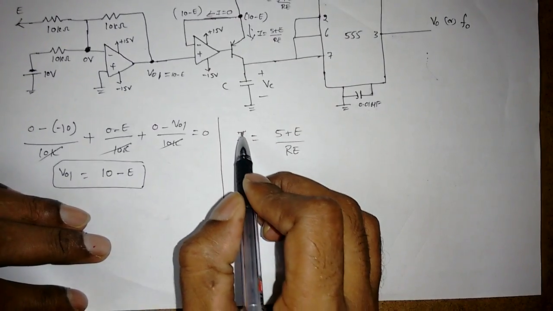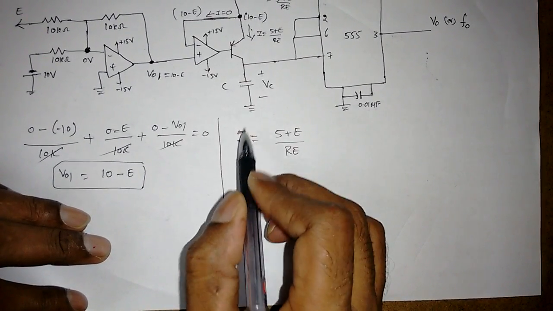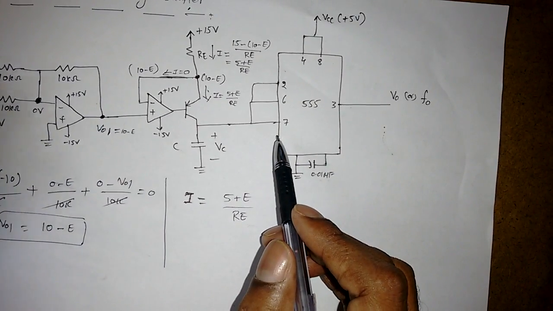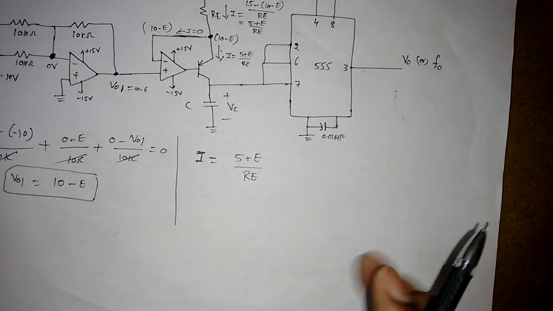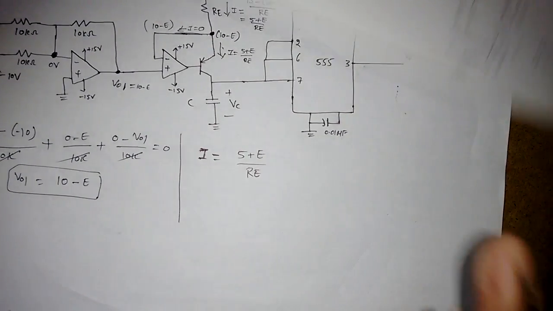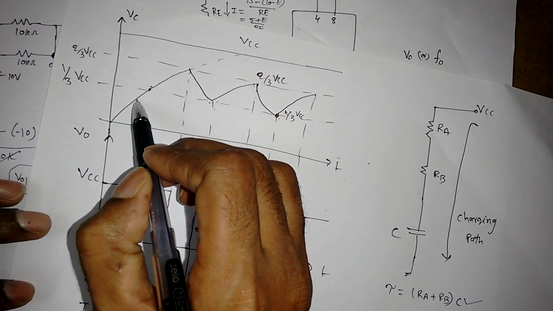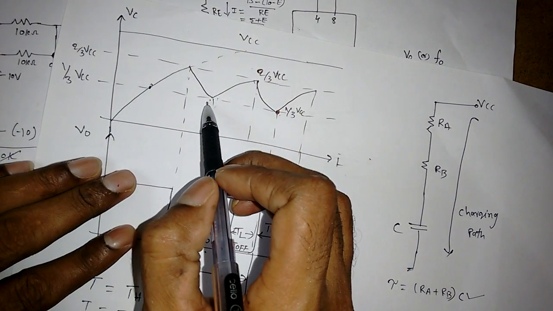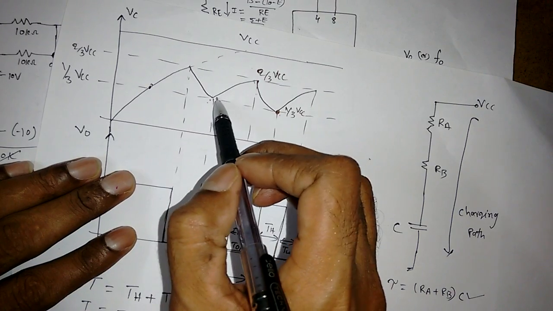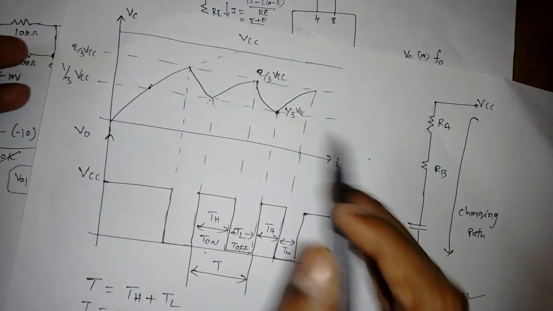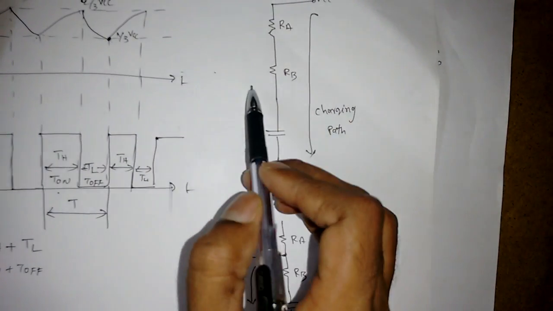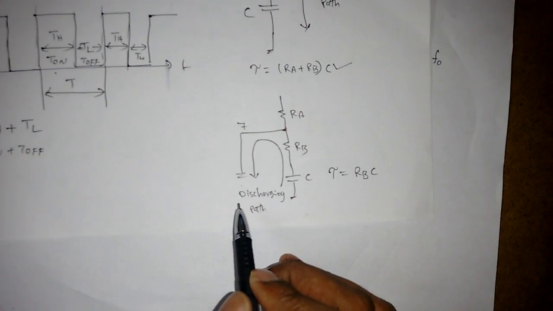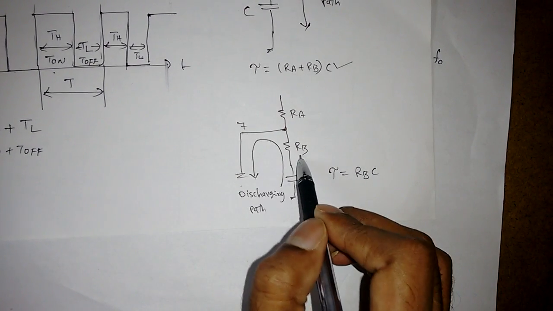Now this current is the main component whenever the capacitor is charging or discharging. Now we will see the operation of this astable multivibrator and we can find the output frequency. We have seen already, whenever the capacitor is charging, initially from 0, but generally it is charging from 1/3 to 2/3 VCC, again 2/3 to 1/3 VCC discharging, again 1/3 to 2/3 charging and discharging. But that is whenever there is a charging path of RA, RB and C. And what about the discharging path? If you see the discharging path of the previous circuit, it was through RB and C.